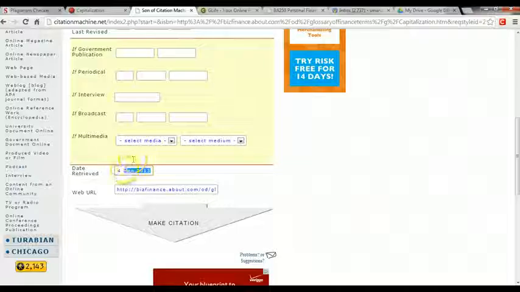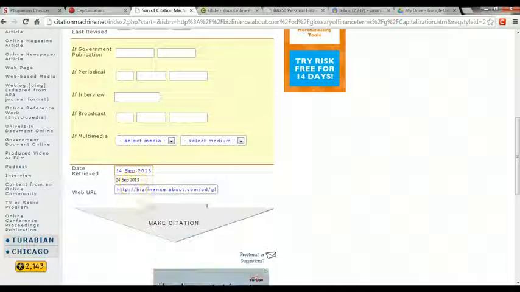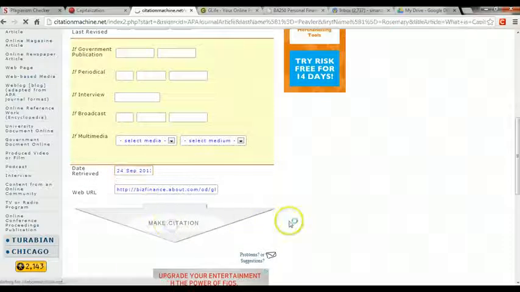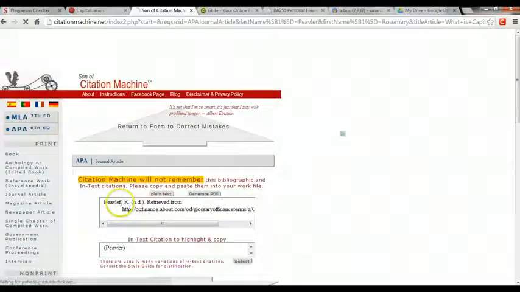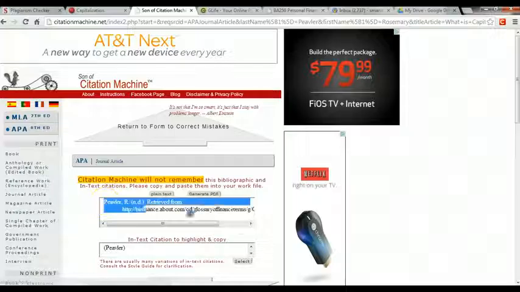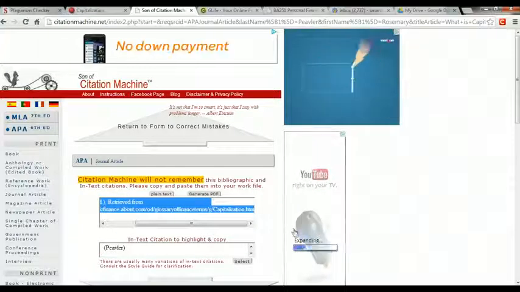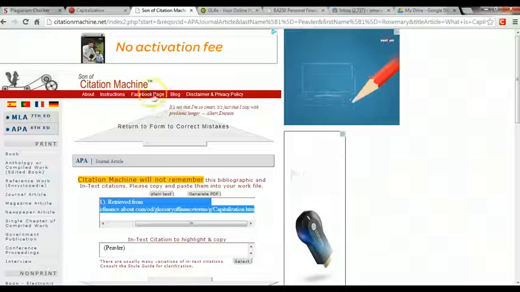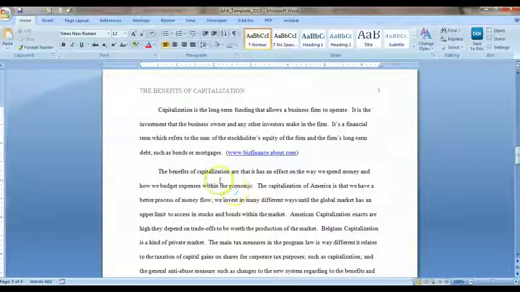Basically this is automatically populated for you. Date retrieved. This is important because websites are dynamic content and they change. So it's important to put the date you retrieved it there, and then make citation. Now here, if you're familiar with the APA formatting, it provides you the actual